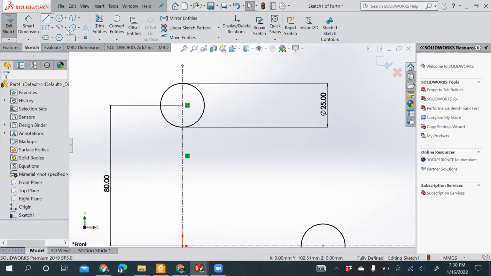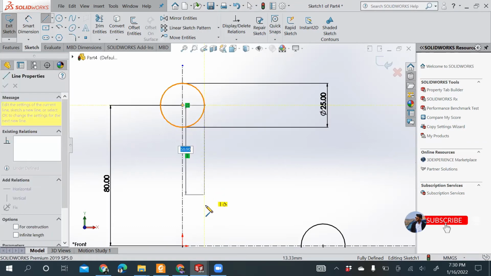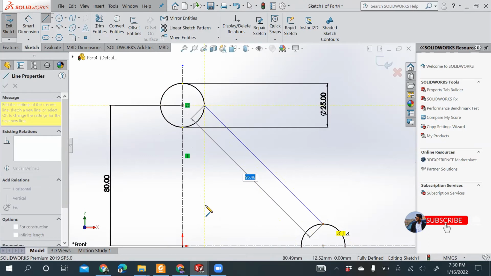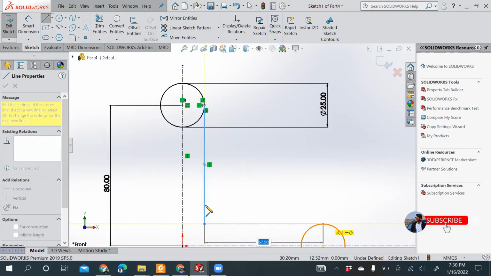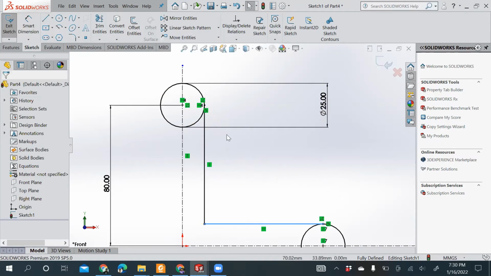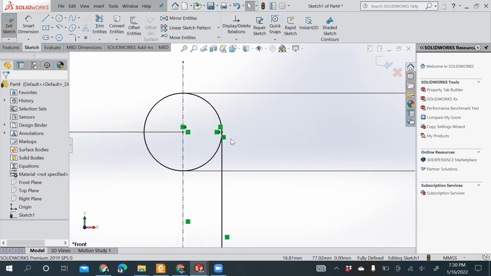I'm selecting a line that should be tangent to both these circles. I'm sure this line is tangent to the circle because this relationship holds true and is showing out here.